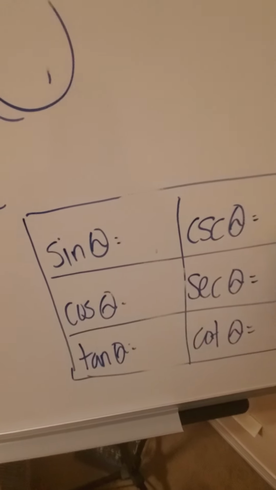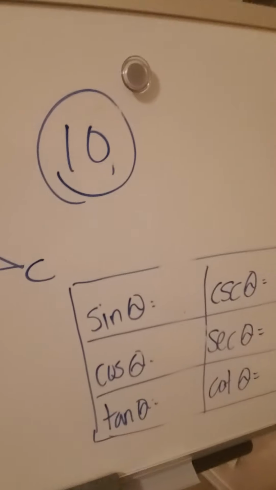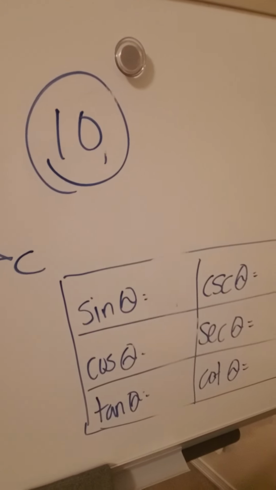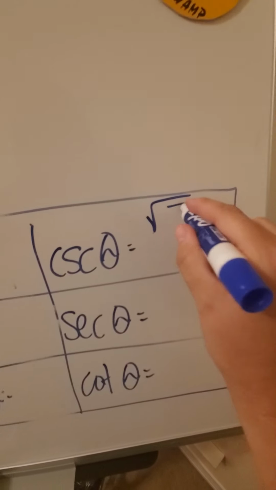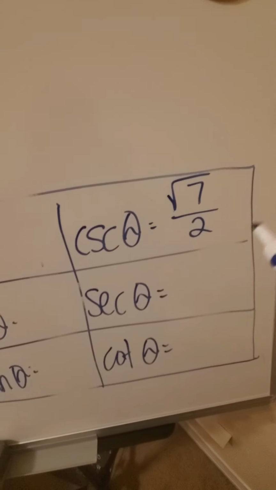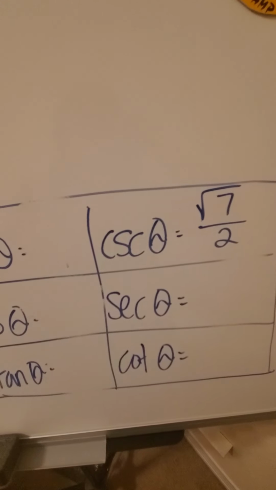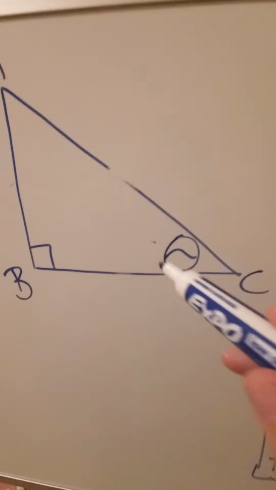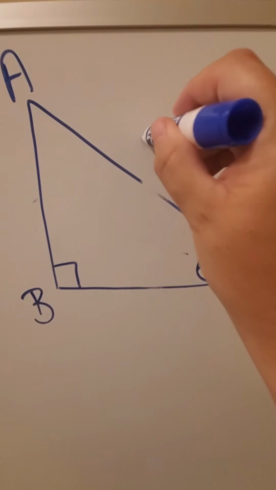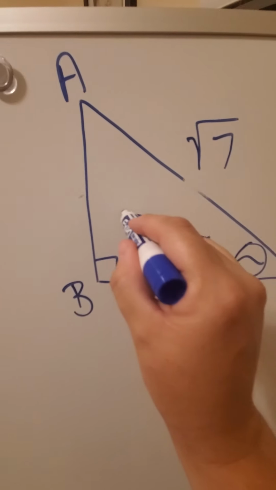So I have to rewrite all this. All right, so number 10, it gave you cosecant was square root of 7 over 2. Okay, so cosecant is the opposite of sine. So it's hypotenuse over opposite. So if I come over here, hypotenuse would become square root of 7 over opposite, which is straight across, which